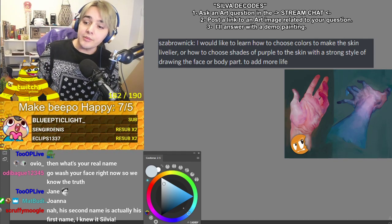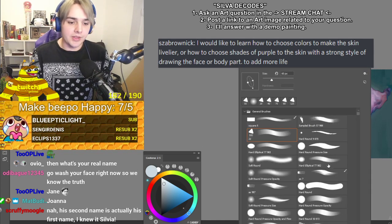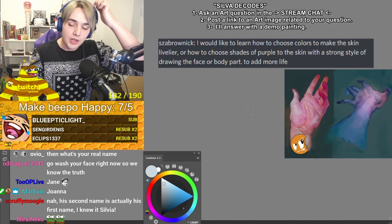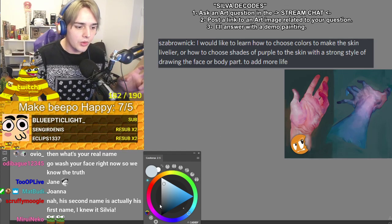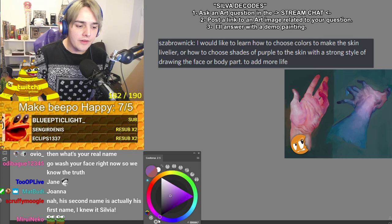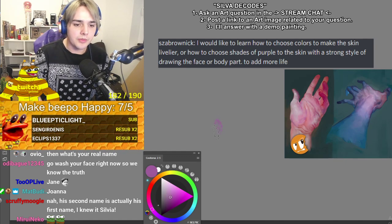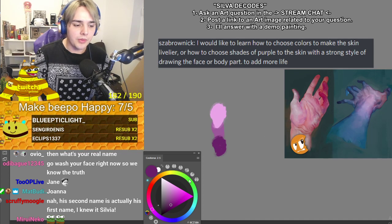Now that I'm done explaining that, let's actually get to the point that you wanted, which is I'll paint. So let me paint. Now that you know that as a base, there's another thing you'll need to keep in mind, which is hue variation. Now, I've explained this on another decode specifically, so I'm just gonna brush on this one. A hue variation is like, if you have for example the pink purplish, it's more pink than anything. The pink hand is not actually just a lighter, let me take pink, it's not just a lighter or darker version of that pink. You actually have,